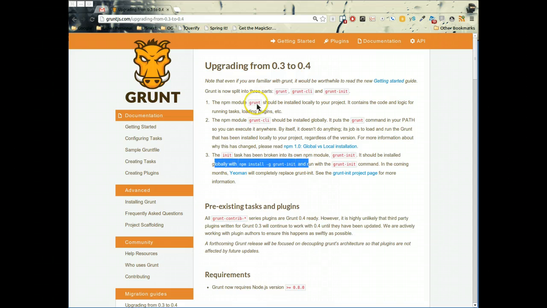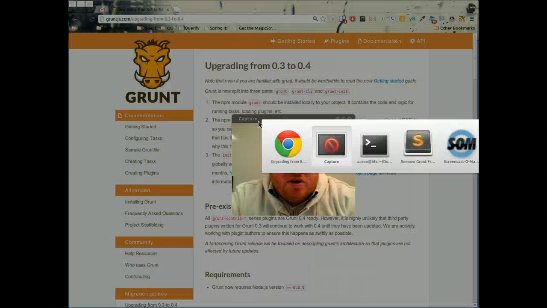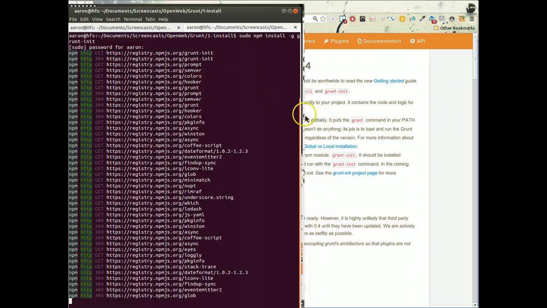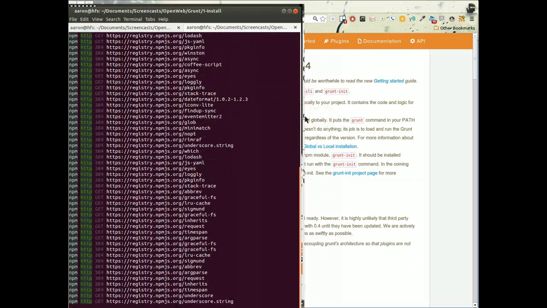So let's go ahead. In the first video, we installed Grunt and Grunt CLI. So let's go ahead and install Grunt init globally. We'll say sudo npm install -g grunt-init. It's going to take care of it for us. Once we've installed that globally,